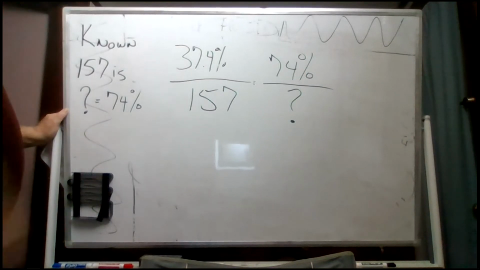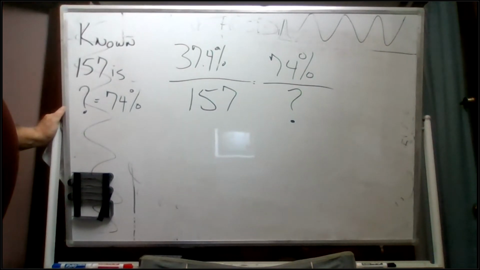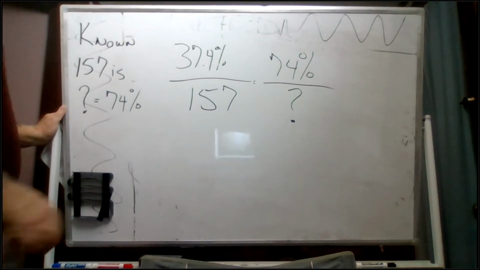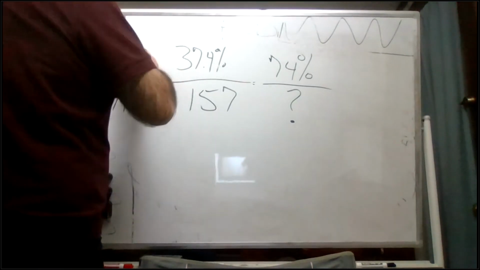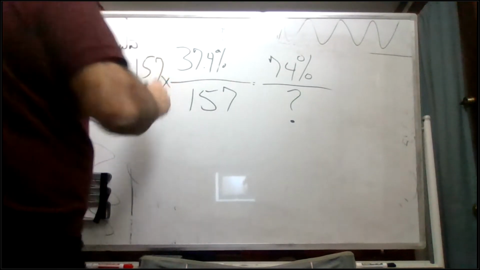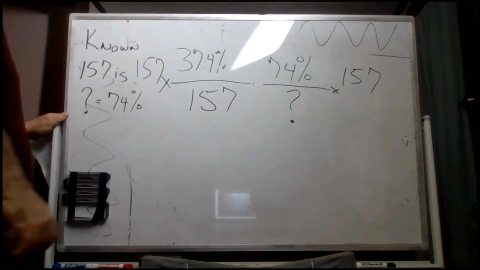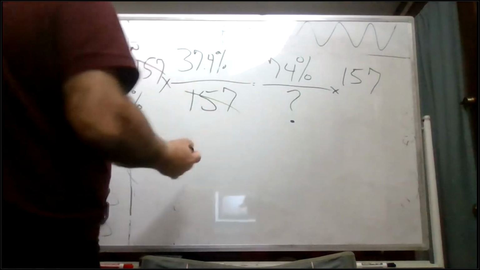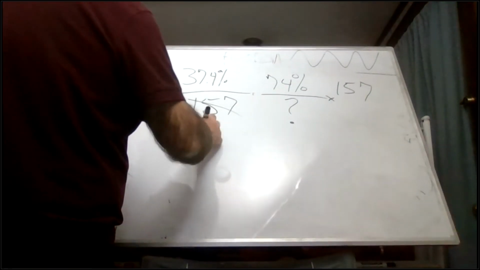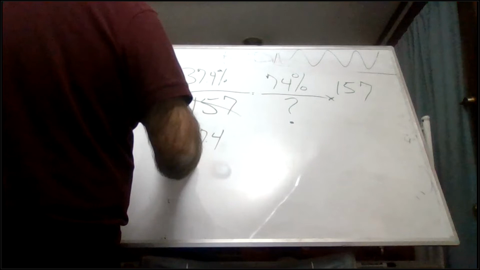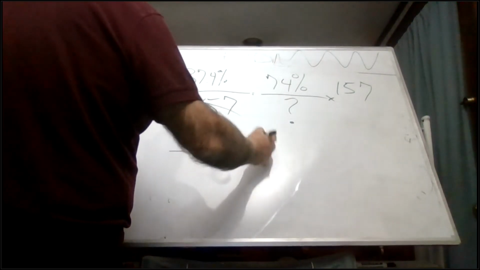You just got to take extra steps. But let's see. So this is multiply both sides by 157. This goes away. Changes the equation. 37.4 equals